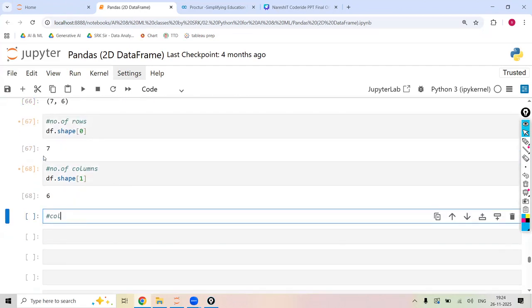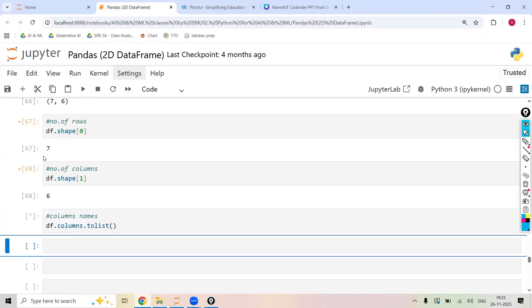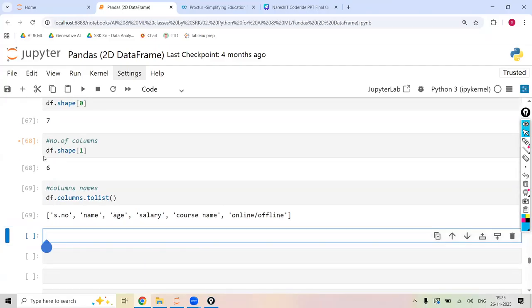Next, I want the column names. What are the column names? I already told you how to get the column names. df dot columns will give the column names. It is going to give all the column names, as a list of column names. Now in this list of column names, if I want to rename any column name,